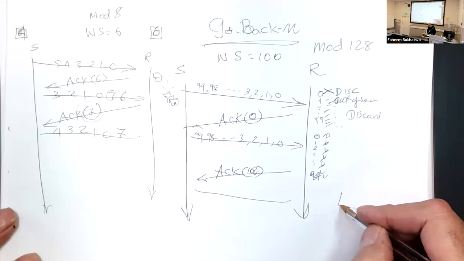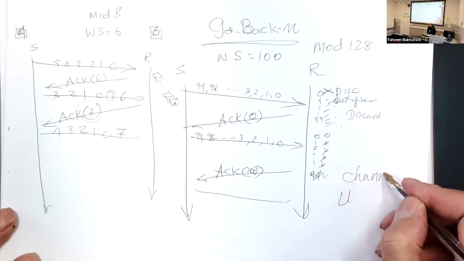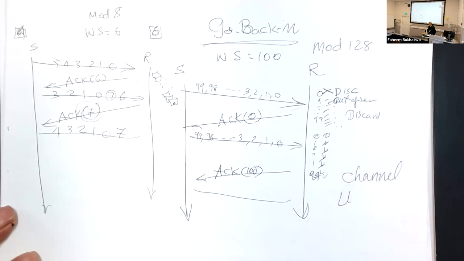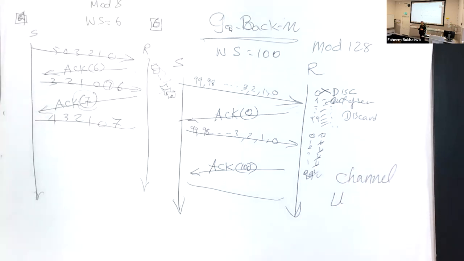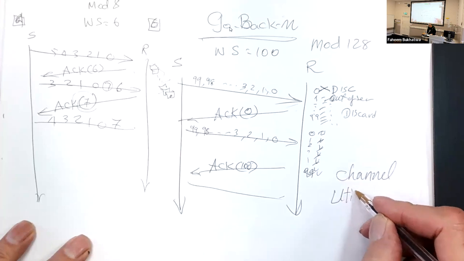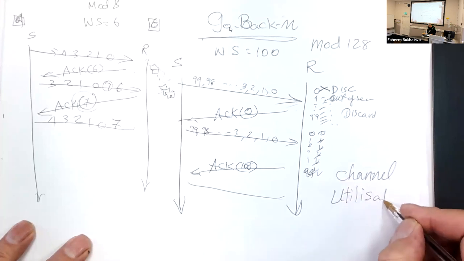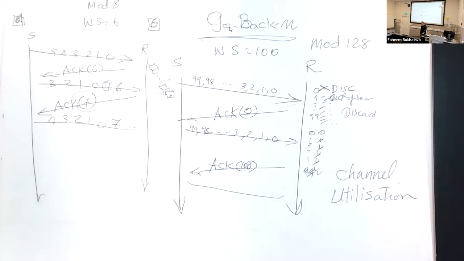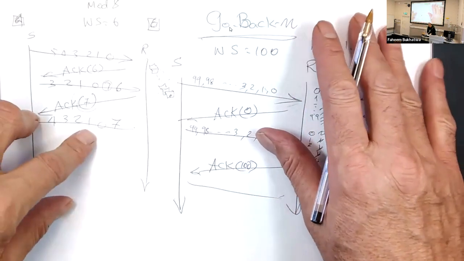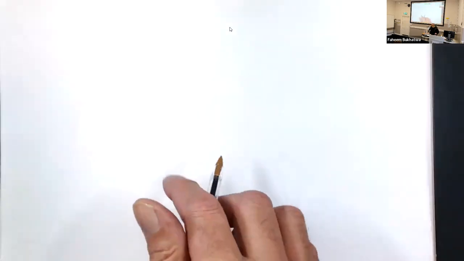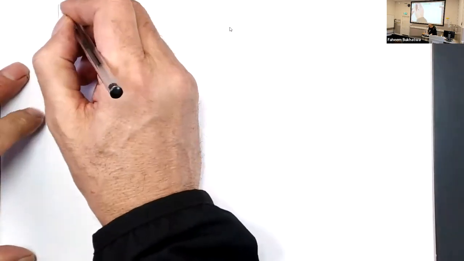Or channel utilization, whatever. Any of those terms means we're not using the channel very efficiently. We send good frames, we might have to send good frames again. So channel utilization is poor sometimes, or an inefficient use of the channel. So they modified this protocol, a slight modification. I'm going to look at this, and it's called